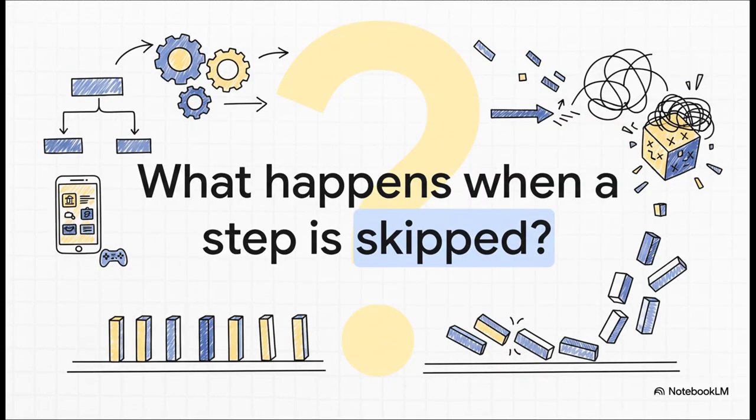So every single app you use, your banking app, your social media, your favorite game, it went on a journey just like this. It's a journey of disciplined engineering, not just a burst of creative coding. And that leaves us with one last question to think about. What do you think happens when a team decides to skip one of these crucial steps?